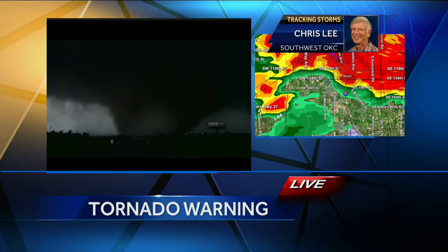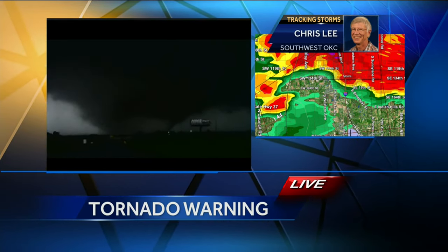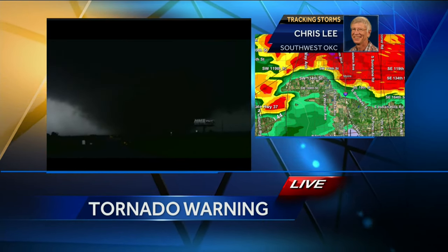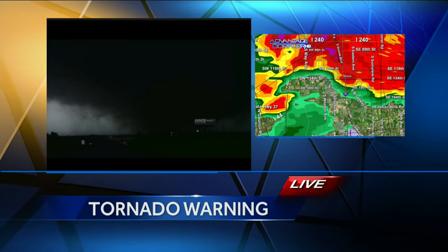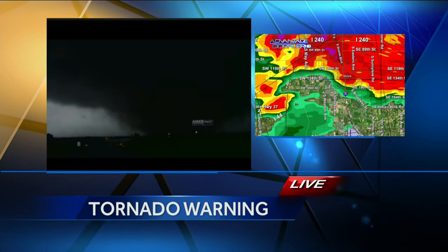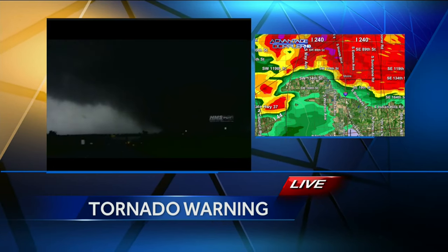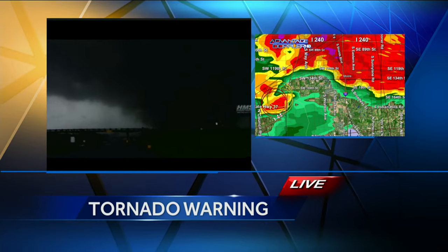It's headed into the south parts of Oklahoma City, just seeing some power flashes along the base of that. So it's hitting power lines over there, probably approaching May Avenue. We're going to need to get out of here because it's going to come just a little too close to where we're at. Yeah, Chris, so right along Southwest 149th Street, that is in Oklahoma City. Southwest 149th Street, as it moves into Moore, becomes Southwest 19th Street. We're talking about Moore city limits streets between Southwest 19th and 4th Street. In the Oklahoma City area, Southwest 134th Street and 149th Street, south to